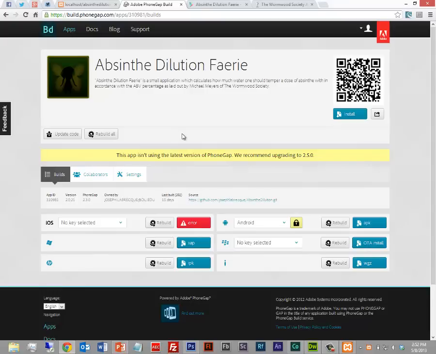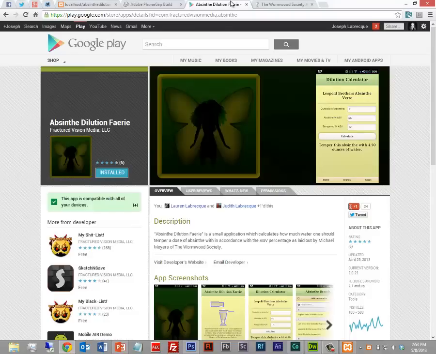I can then click rebuild all, and I can pop in my key for Android. It'll rebuild it. Then I test on my device, so I can just scan this QR code here and run it on my device. Everything works out fine. Great, it's ready for the store. So then I can go up, boom, it's on the Google Play Store, and absinthiers around the world can then download it on their device and moosh up as desired.